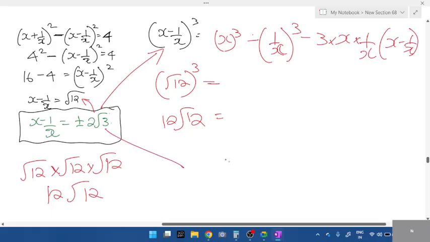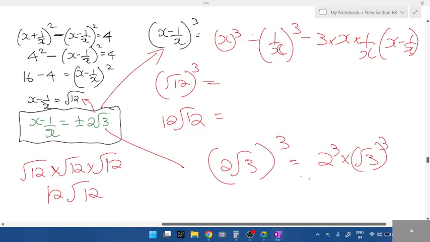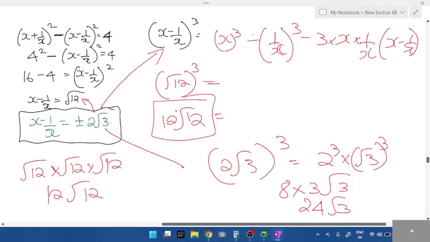So if you take root 12, it is easy. I'll teach even this. If you take 2 root 3 the whole cube, even this is easy. When you split this, what do you get? 2 cube into root 3 the whole cube. What is 2 cube? 8. What is root 3 cubed? 3 root 3, right? 8 into 3 root 3 is 24 root 3. This is the simplified form. See, this 12 root 12 we didn't simplify still. We'll simplify that. Or do one thing, take